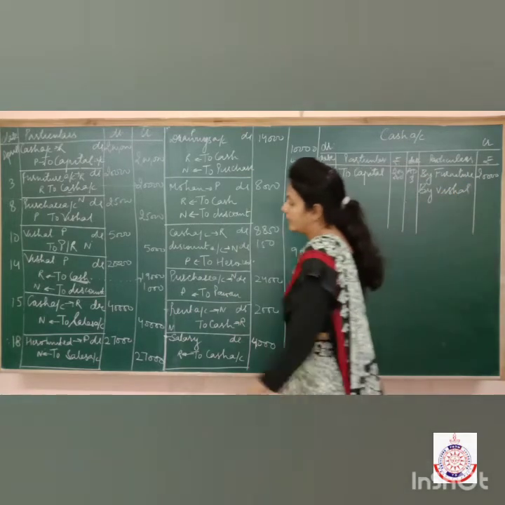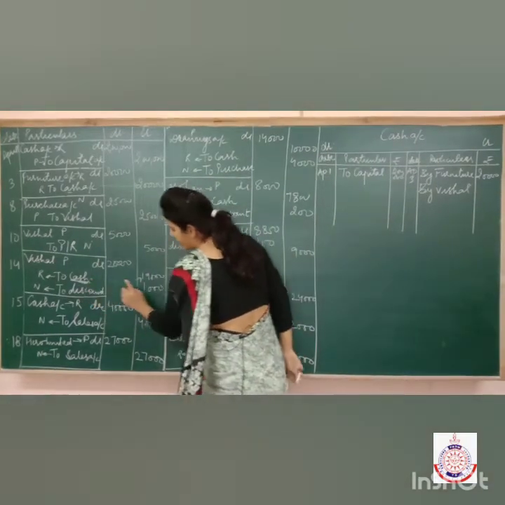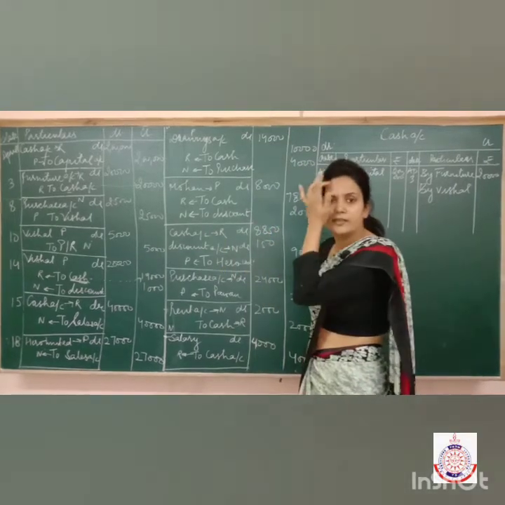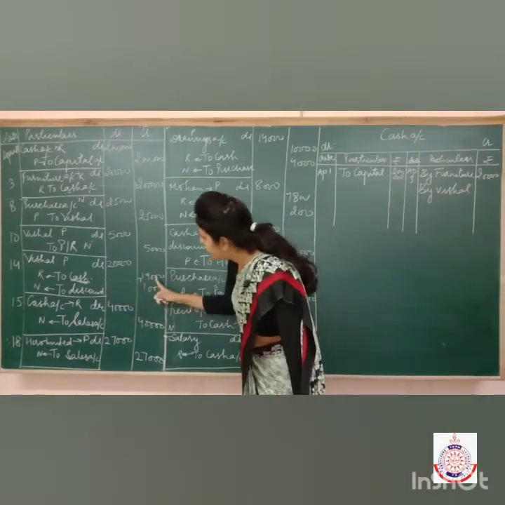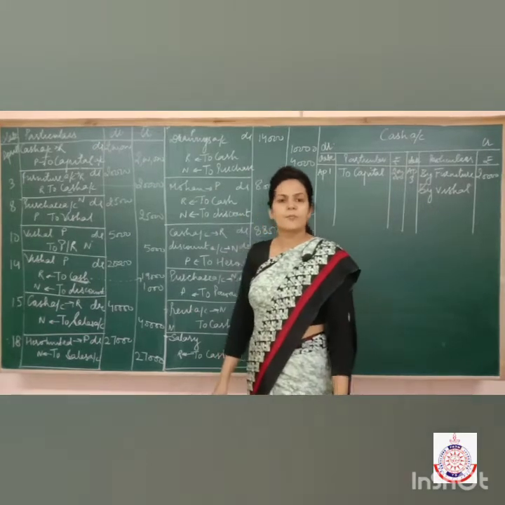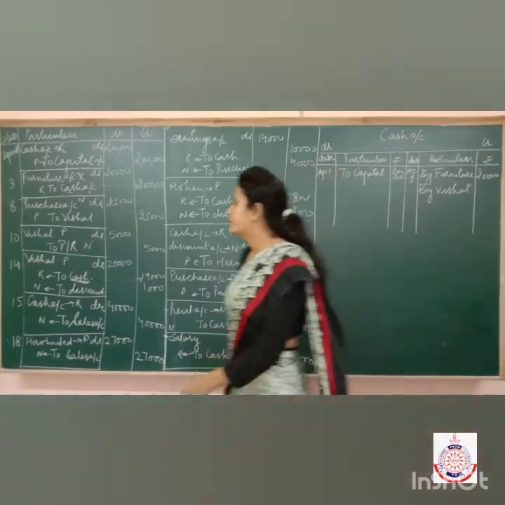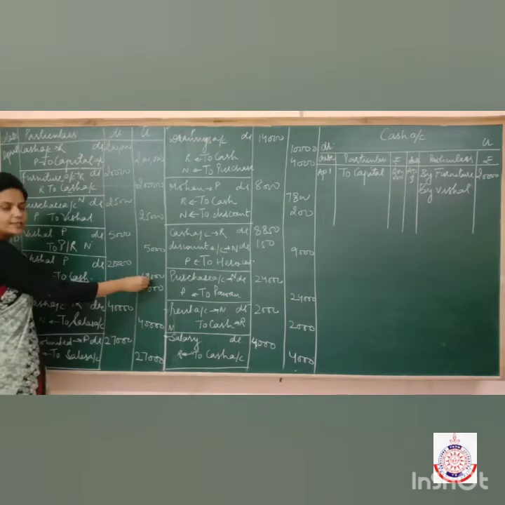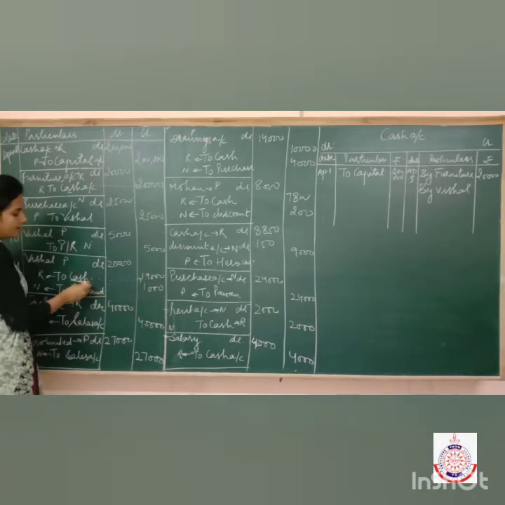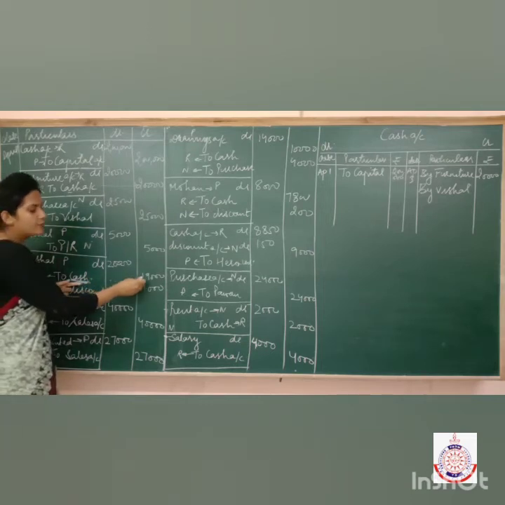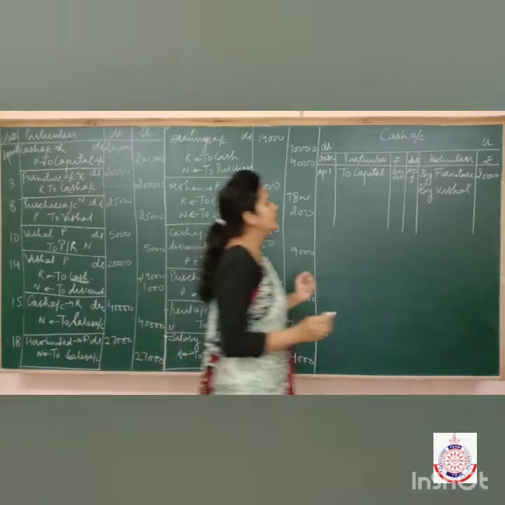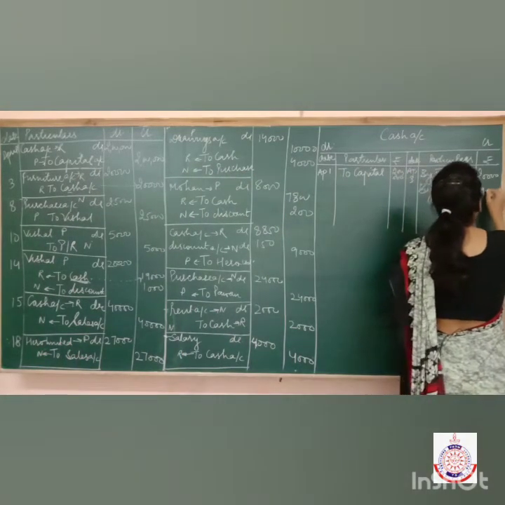But check, cash account is credited with how much rupees? 19,000. Many students make a mistake here that instead of writing 19,000 they write 20,000. But no, it's not like that. You can easily check. The amount in front of cash account is 19,000 only. It means that cash account is credited with rupees 19,000 and cash account is credited by Vishal. So what I will write here? By Vishal 19,000.